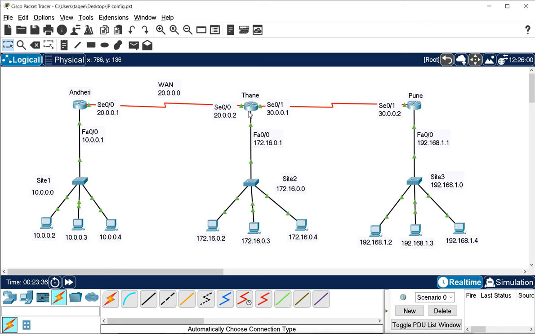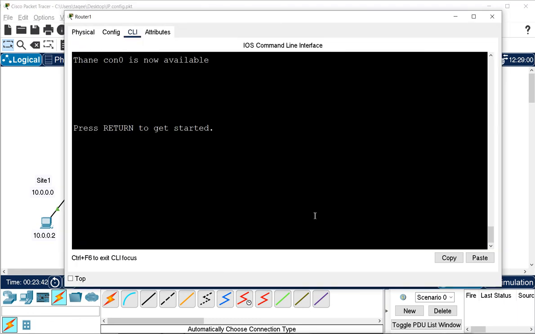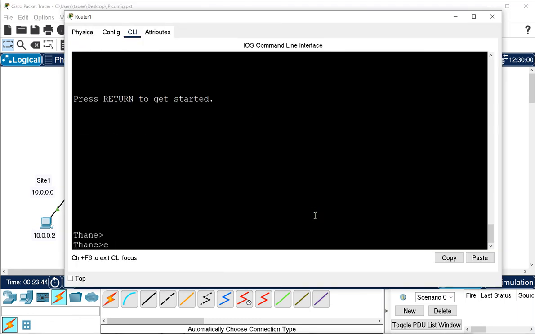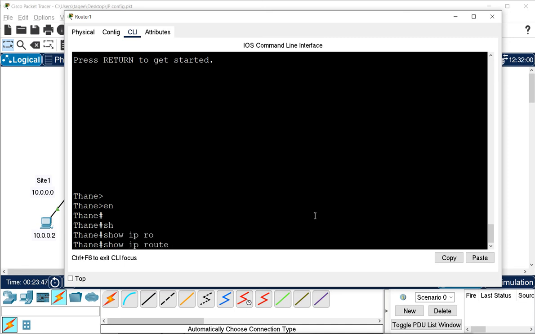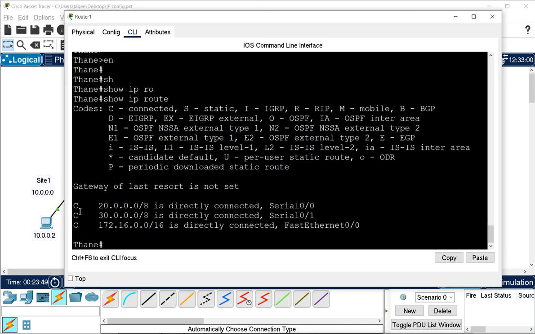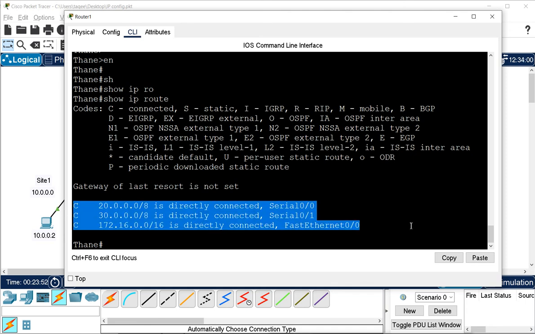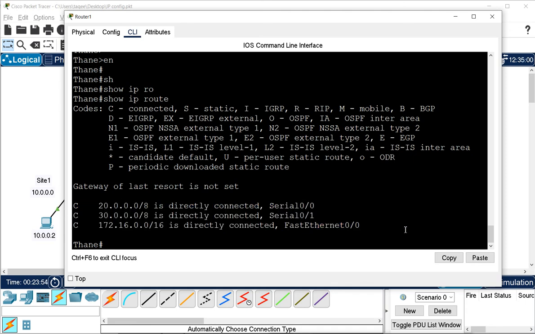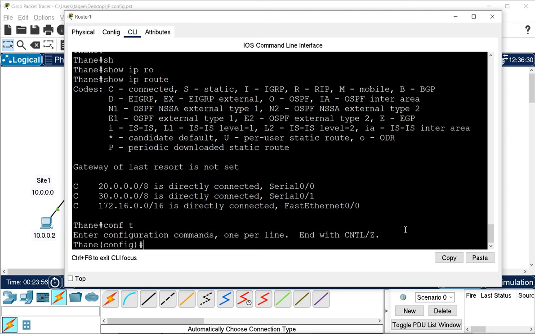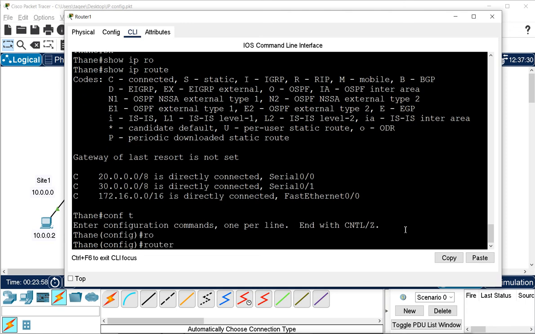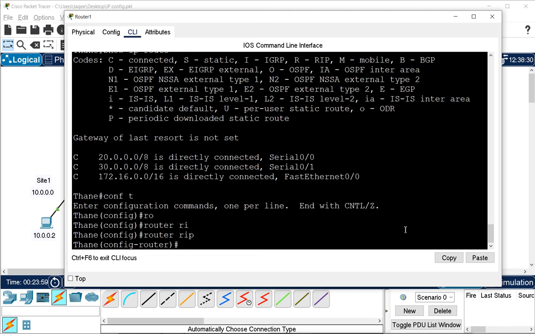So I will go to this router, and here we can see three networks are connected. First I will check what connected networks we have. I will give the command show IP route, and we can see that these three networks are connected to this router. So I just have to mention those connected networks. I will go for router RIP.